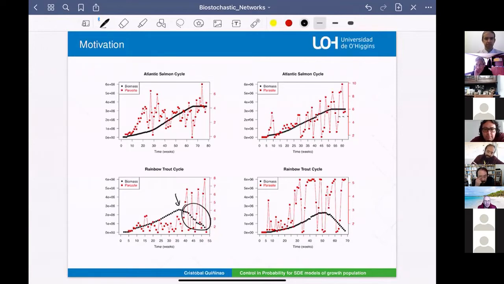But at the second point, if you measure the parasite, you'll see that it's extremely noisy. It's really noisy in comparison. So you have two steps, and moreover, the regulatory system here in Chile, because we know that the presence of this parasite would imply a disease on the salmon or of the fish in general. If you go above a certain threshold,